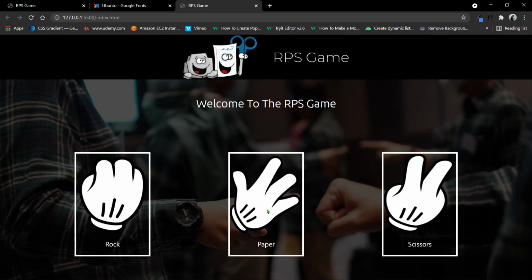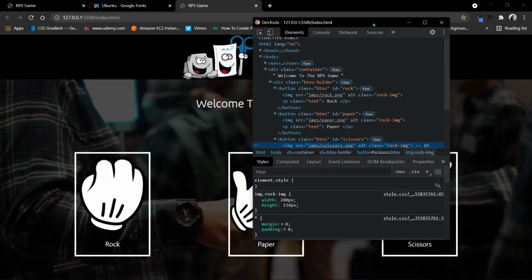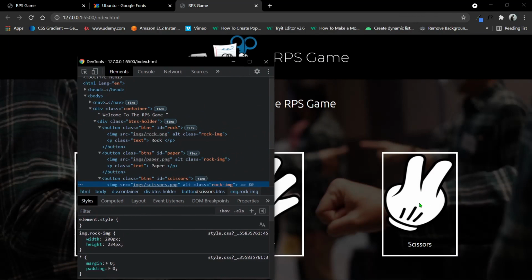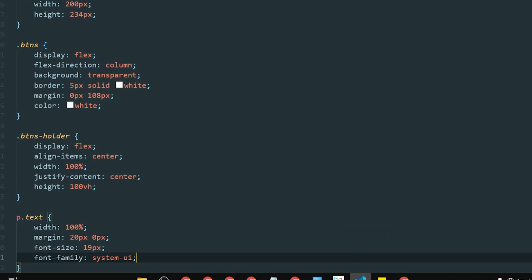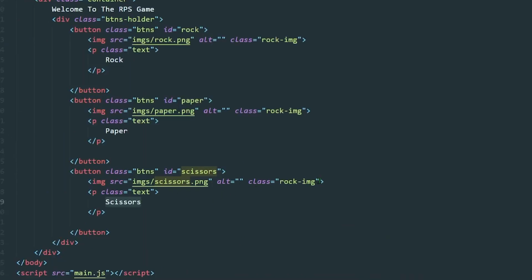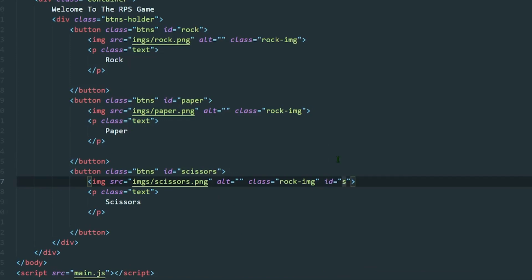Alright, but one thing I need to do is give this a separate ID. Okay, so the scissors one, we will give it a separate ID. Scissors ID, we'll give SCIIMG.